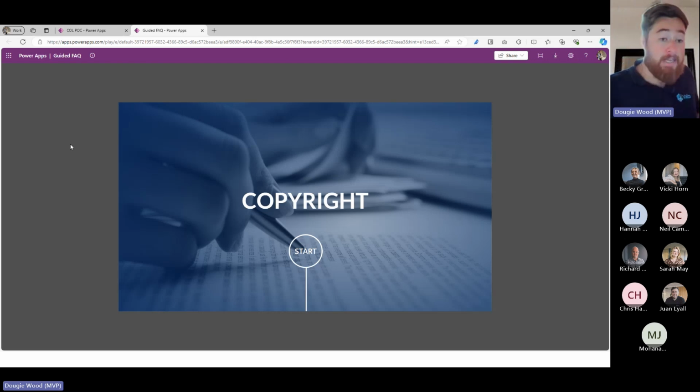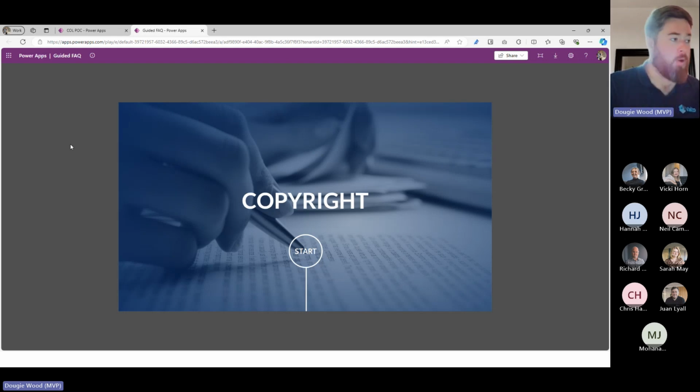So they had a legal team in-house which were inundated with questions all the time about, can we use this material in this scenario, or are we going to run into copyright issues and that sort of thing. So what they did is they built this self-service app which would quickly identify common questions, the types of questions that these legal teams would just answer on the phone or via an email. They'd just be doing them all the time. It's almost like a flow chart to help weed out what are the problems,